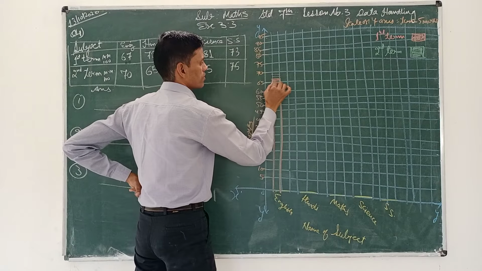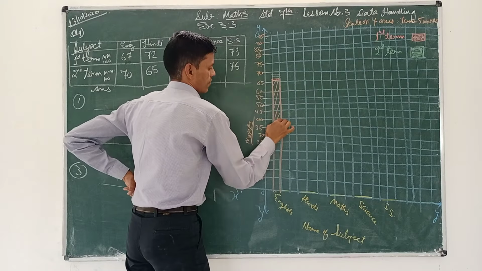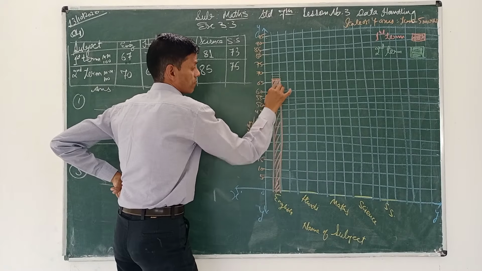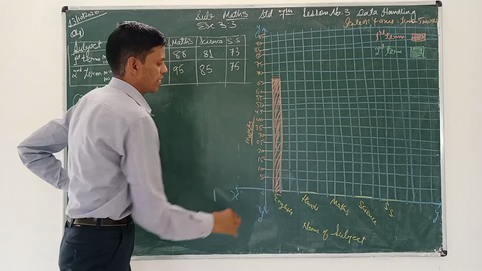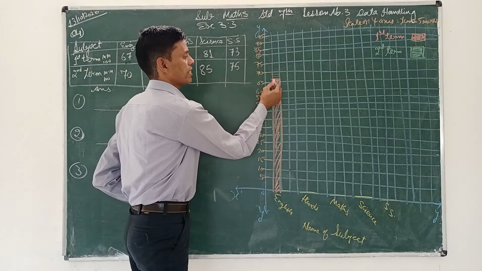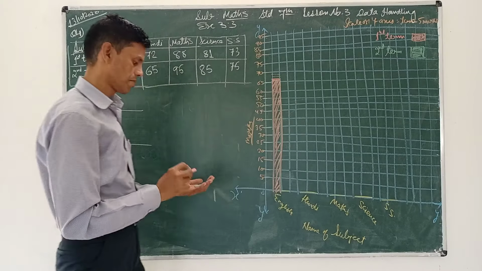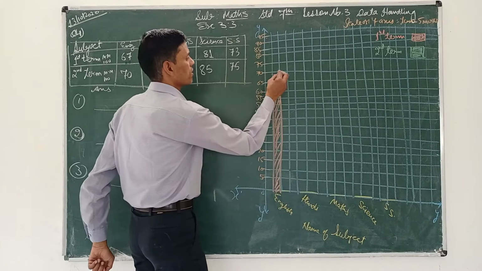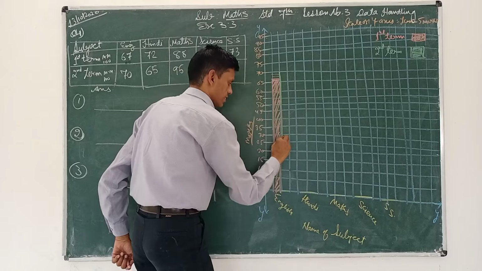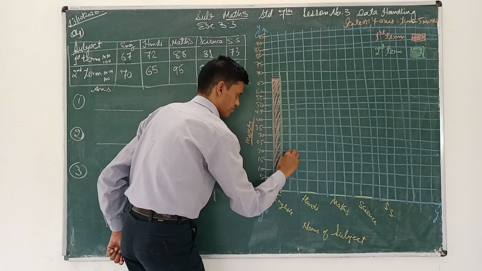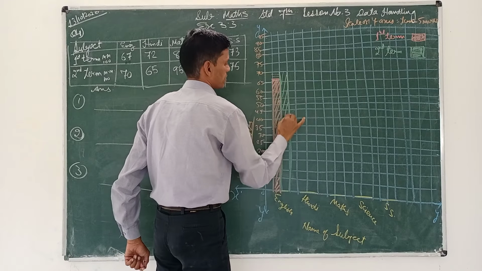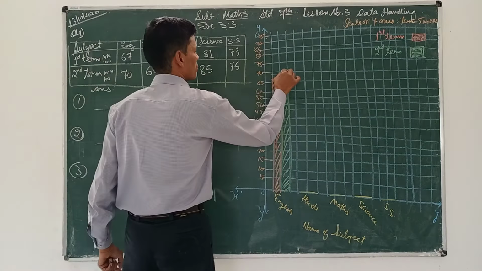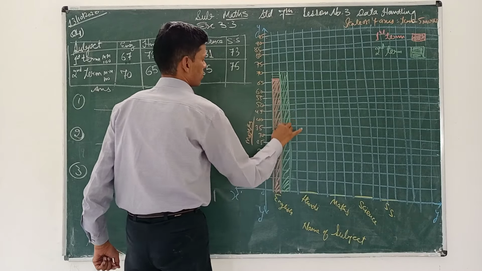This red one is the first term. In first term English, the student is getting 67 marks; 65, 66 and 67 we have marked already. Now the marks of English second term, that is 70 marks. Where is 70 marks? Here. So we'll plot like this, a straight line, and we'll shade it with green. You can also use a color pencil and mark like this so that it will be neat and clean for you.